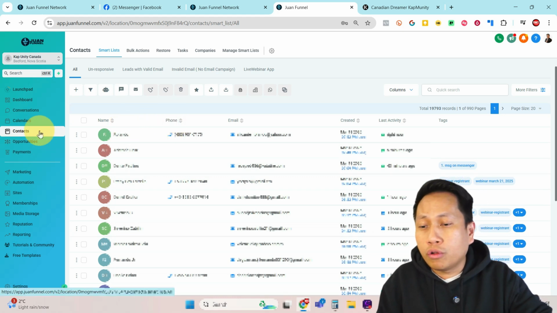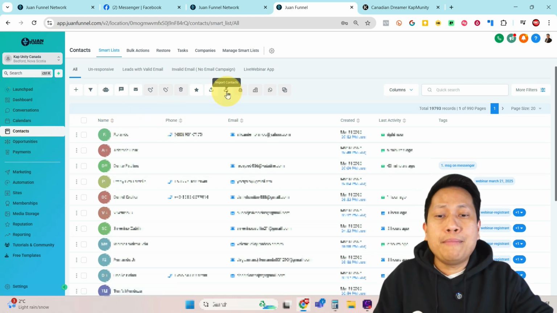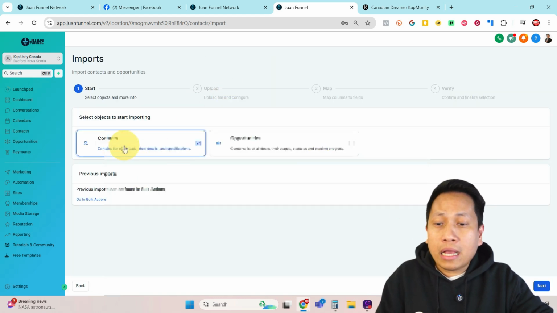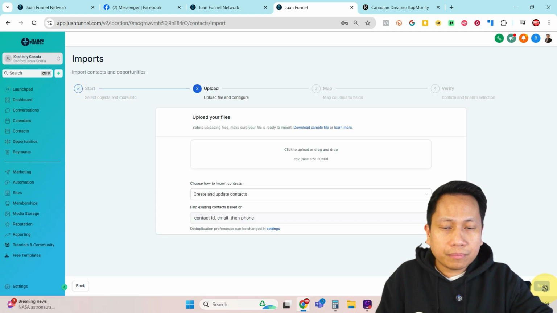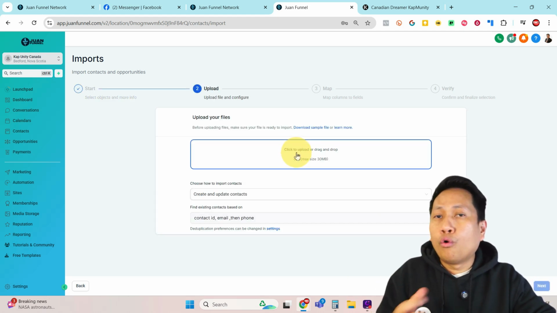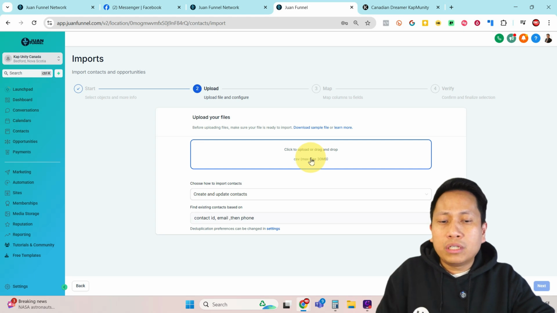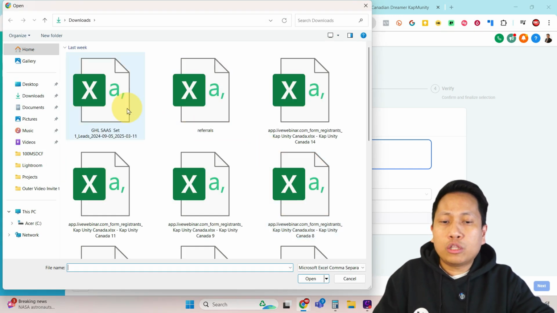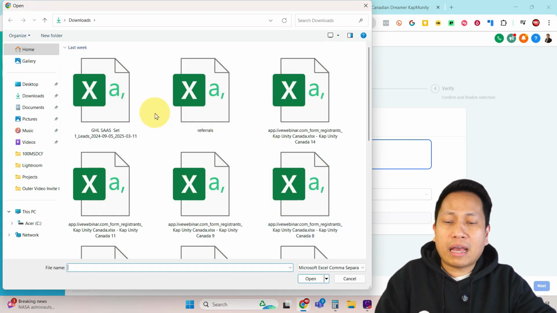The first one is go to Contacts and click Import Contacts. Once you are here, simply select Contacts and click Next. And now you just click or drag the data or the files. For this demo, I'll just click this one and it shows all the data that I have.